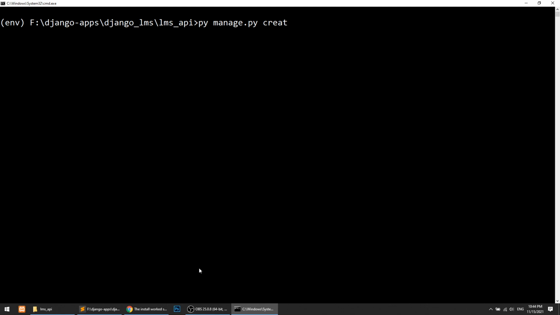So we will run py manage.py createsuperuser. Django comes with the group and user models, and if we run this command, it will create a user which has all the authorities.